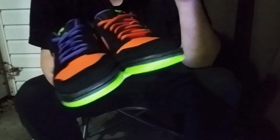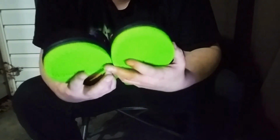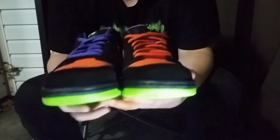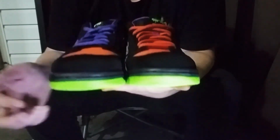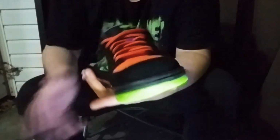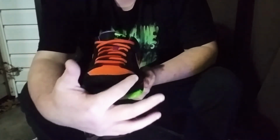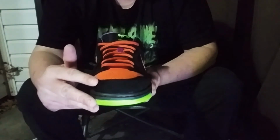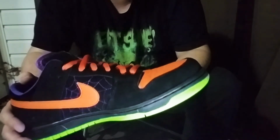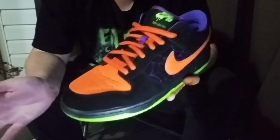Now, this is the one and only major flaw, the height of the suede. Basically, the suede running around the toe right here. Let me put this one down. The suede running around the toe right here should be maybe here, like a centimeter or half a centimeter lower. It's not really visible to the naked eye or to the untrained eye, but